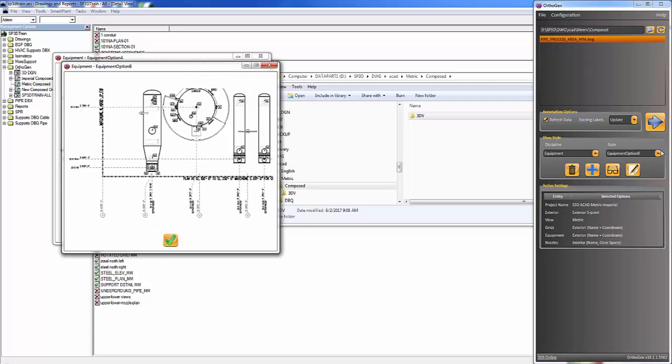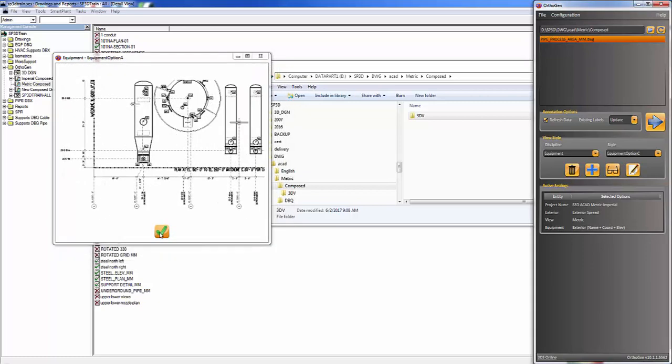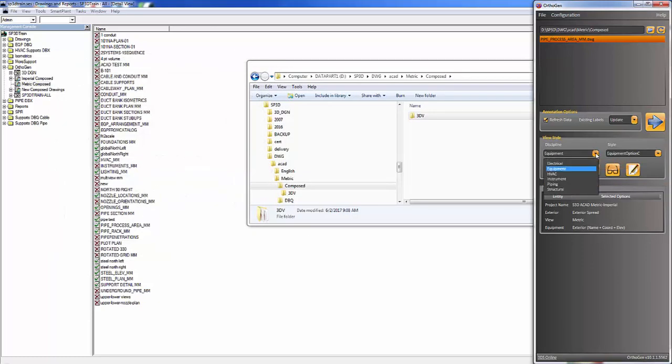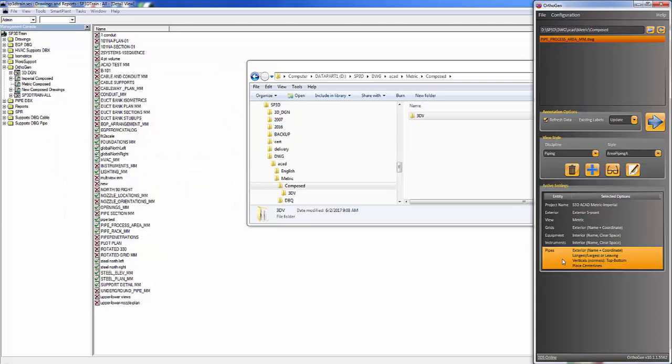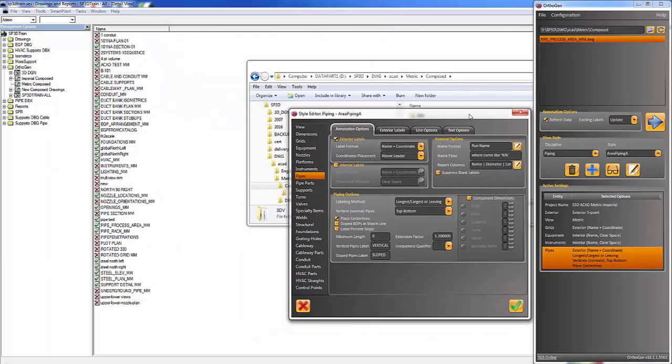If you want to quickly see how the view style will look, just click on the button with the glasses on it. This will allow you to compare the different view styles to choose the one best suited for your project. As you change view styles, the active settings for that view style are shown in the lower portion of the dialog. In addition to using the active settings area to get a quick review of the view style settings, you can use the active settings area to quickly pick the settings for a particular entity.